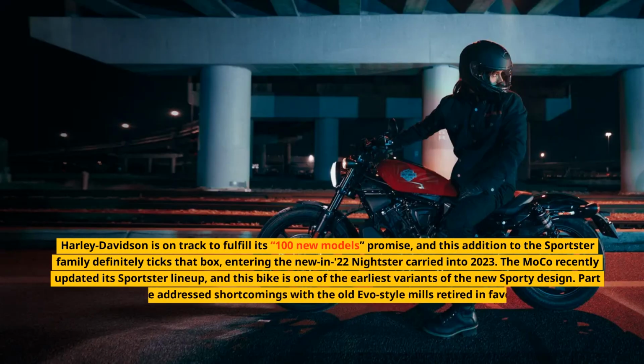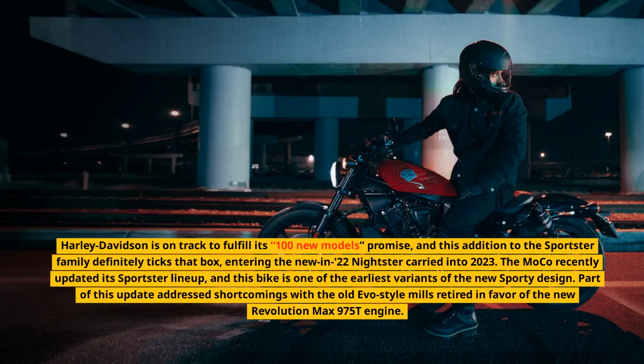Harley-Davidson is on track to fulfill its 100 new models promise, and this addition to the Sportster family definitely ticks that box, entering the new in '22 Nightster carried into 2023. The Motor Company recently updated its Sportster lineup, and this bike is one of the earliest variants of the new Sportster design. Part of this update addressed shortcomings with the old Evo-style mills, retired in favor of the new Revolution Max